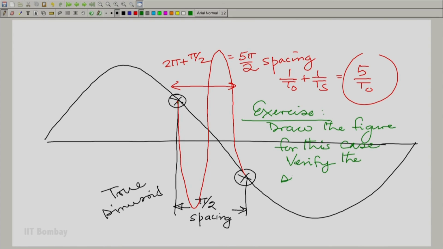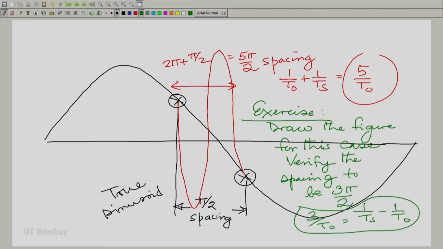Verify the spacing to be 3 pi by 2 instead of pi by 2, which means the frequency becomes 1 by Ts minus 1 by T0, which is 3 by T0. I leave this to you as an exercise to verify the whole idea, both in terms of frequency and the phase change. We will see more about sampling sine waves in the next